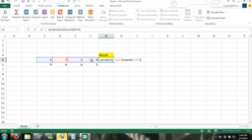I could also say minus a cell plus the quotient, and then I'd have to... I'm just picking random cells, but I'm showing